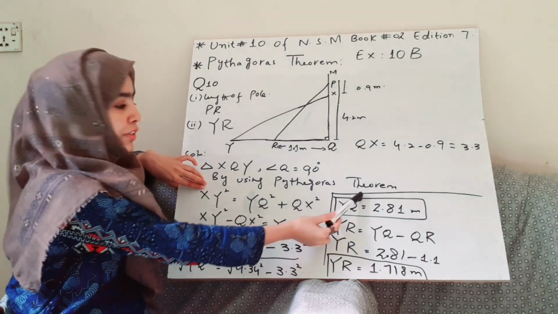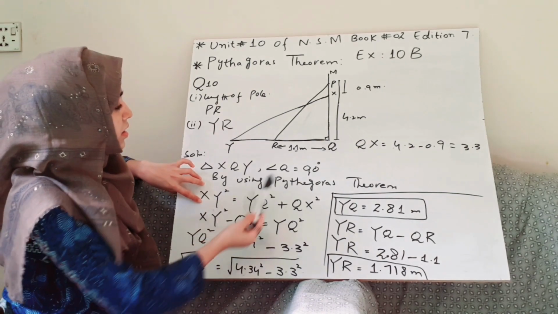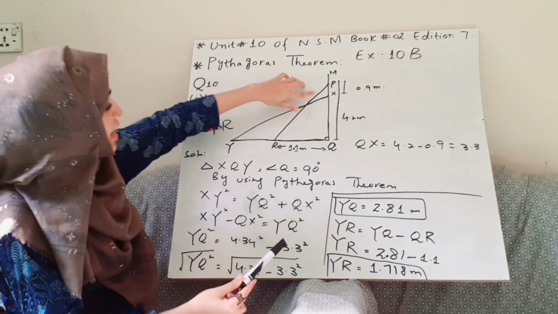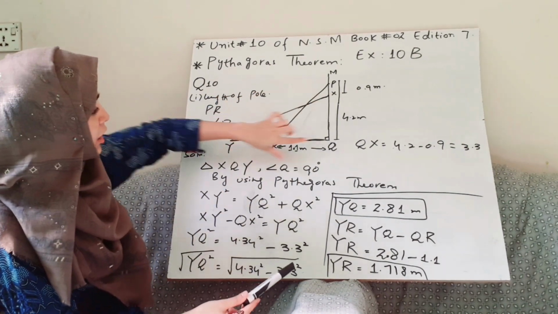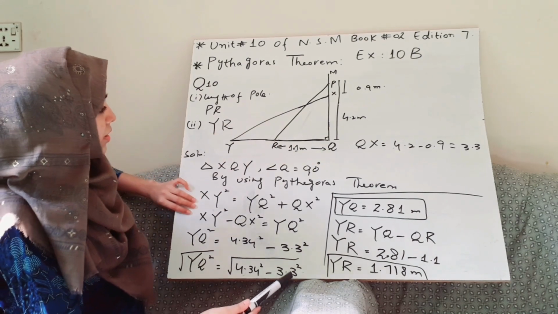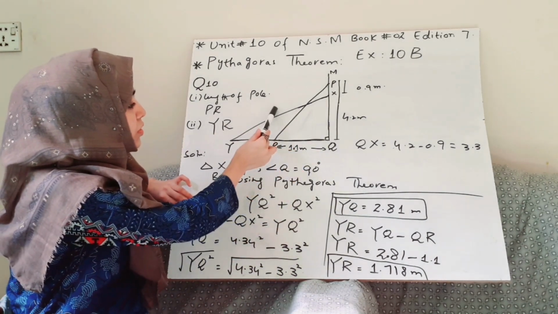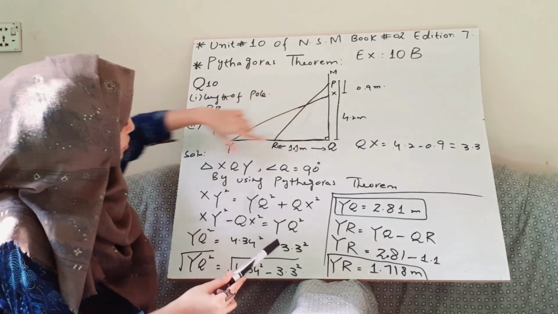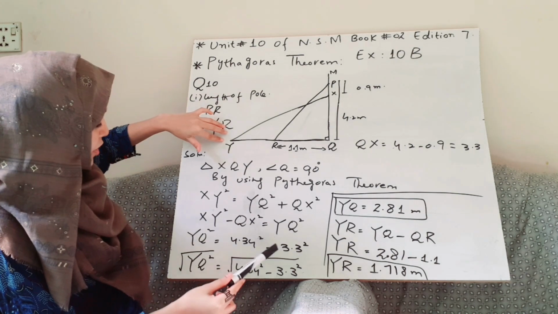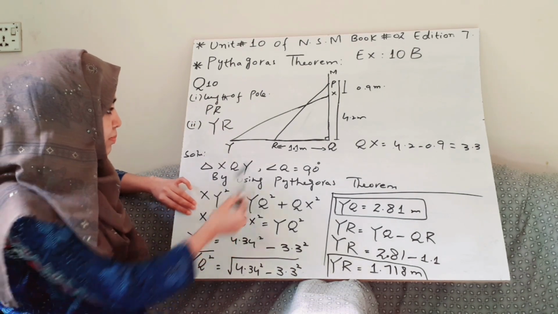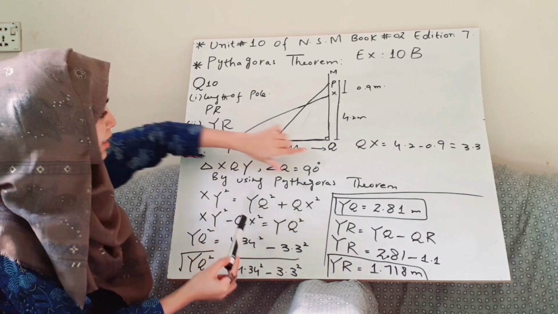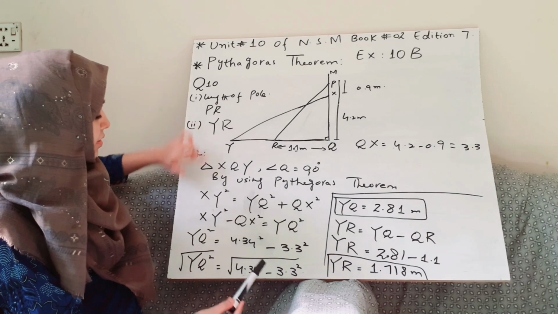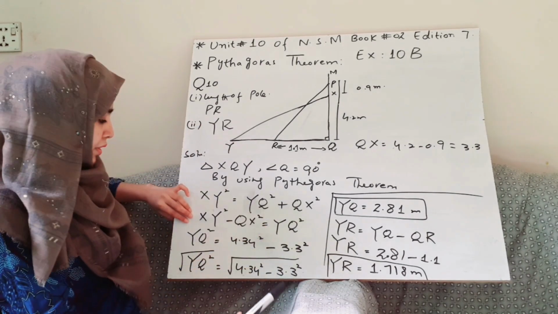By using the Pythagoras theorem, we take triangle XQY, where angle Q is 90 degrees. The side opposite the right angle is the hypotenuse, which is XY. The Pythagoras theorem says the square of the hypotenuse equals YQ squared plus XQ squared. So after using the Pythagoras theorem for XY,